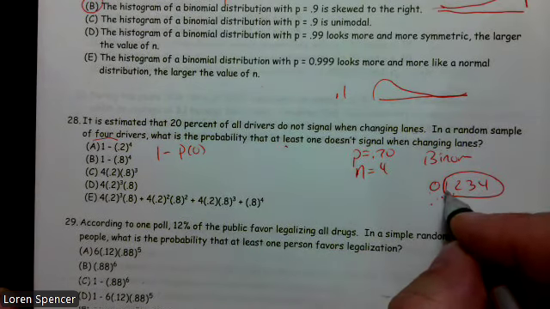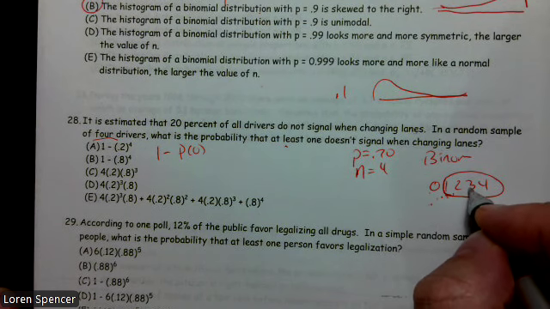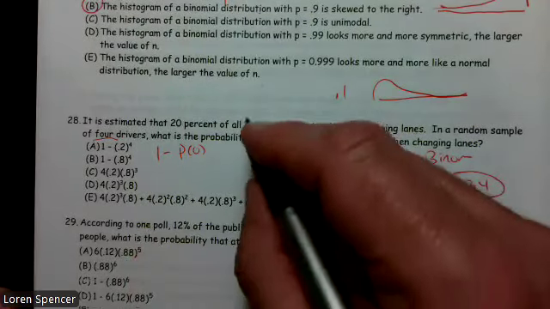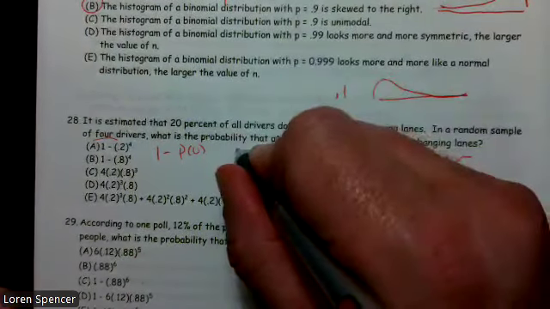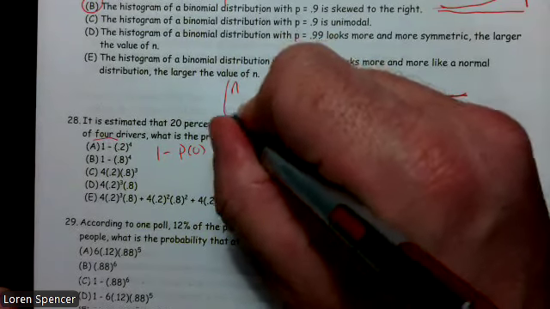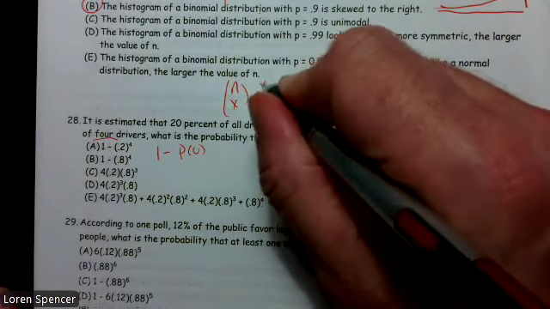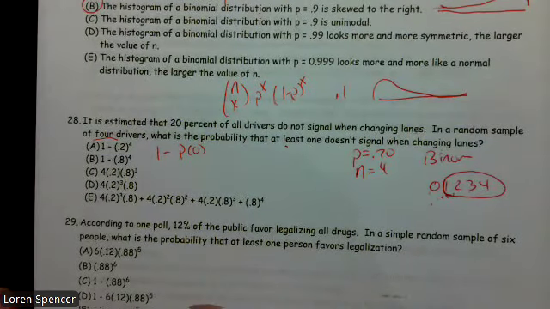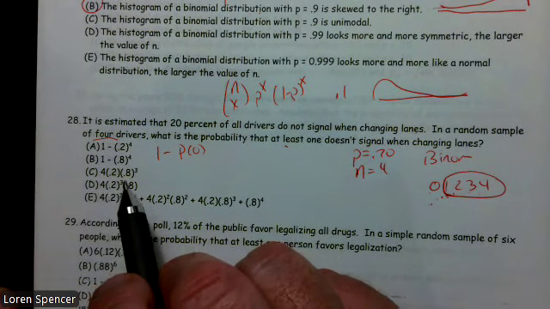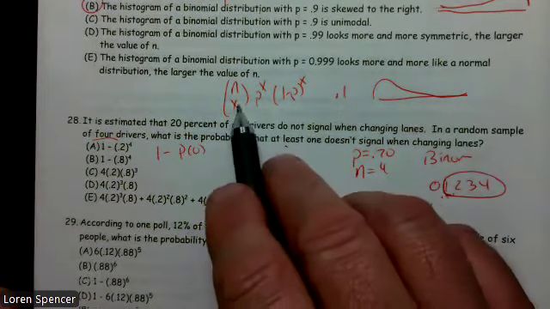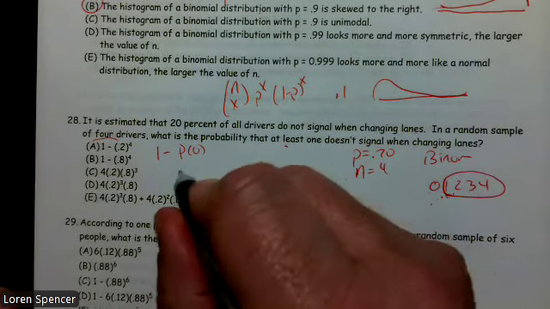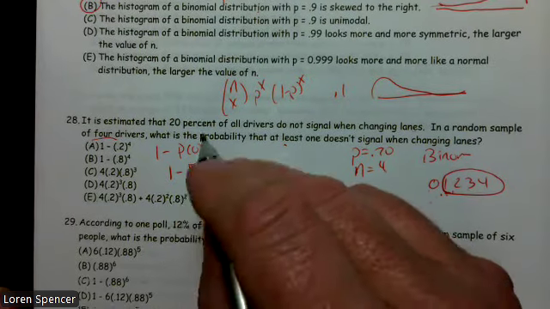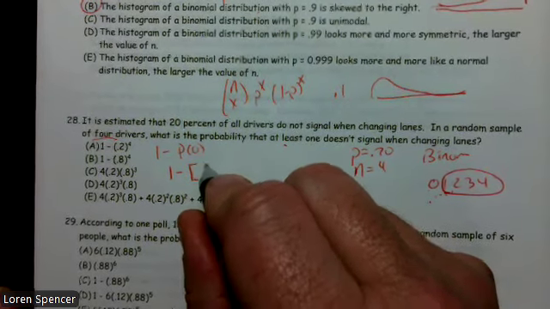Normally we'd go the probability of this plus the probability of this plus the probability of that plus the probability of this. But we're going to have to do 1 minus the probability of 0. So remember, the binomial has n choose x, p to the x, 1 minus p to the x. That's what the binomial looks like. And in this case, we're going to go, okay, 1 minus, and we'll put a bracket there, and we're going to go